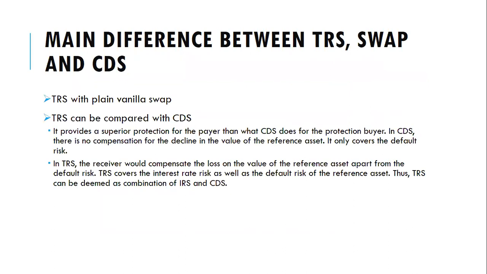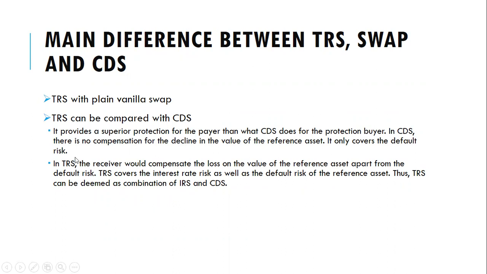And thus, if you consider total return swaps with respect to various other vanilla swaps as well as credit default swaps, you will notice that when compared to CDS, TRS is always considered much better, for the reason that there is superior protection for the payer,